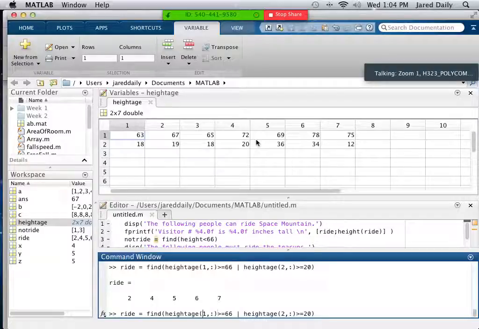So we find height age in the first column, in the first row. Let's do everybody who's greater than 66 inches tall, but also that their age is greater than or equal to 18. And then let's do